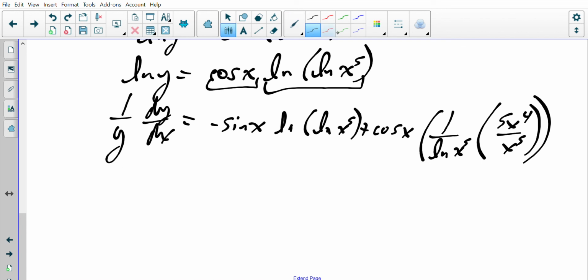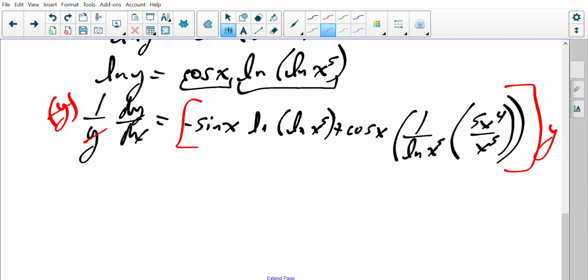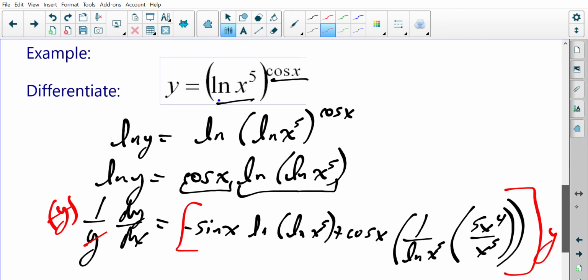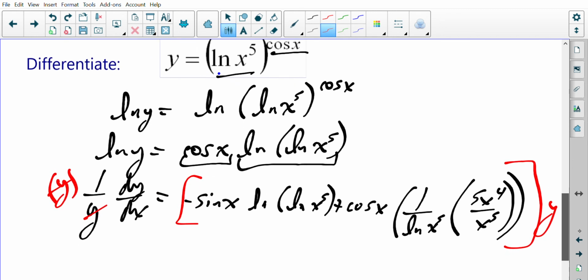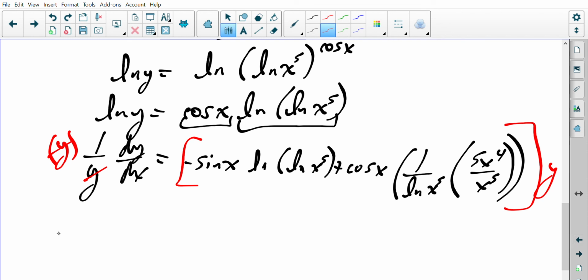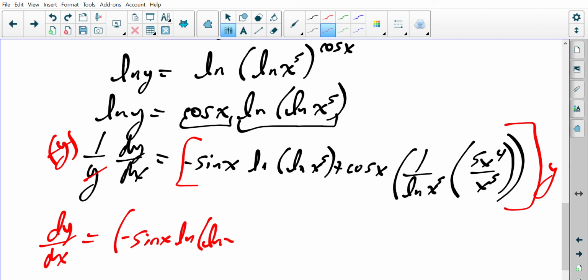So I need to isolate and get dy dx by itself. Right there. This whole side needs to get multiplied by y as well. y, if you forget now, whoops. y is that expression up top. Okay, so my derivative, dy dx, would be negative sine x, natural log of the natural log of x to the fifth,